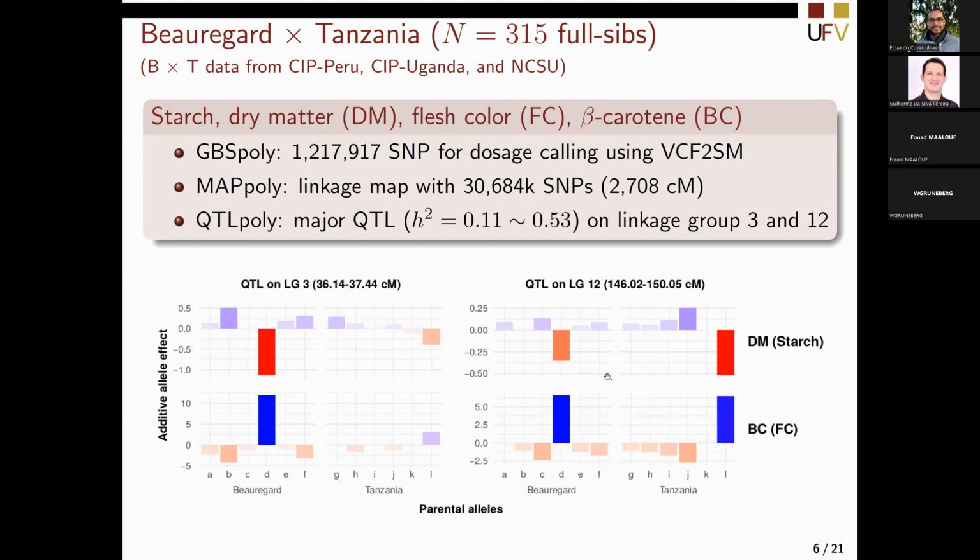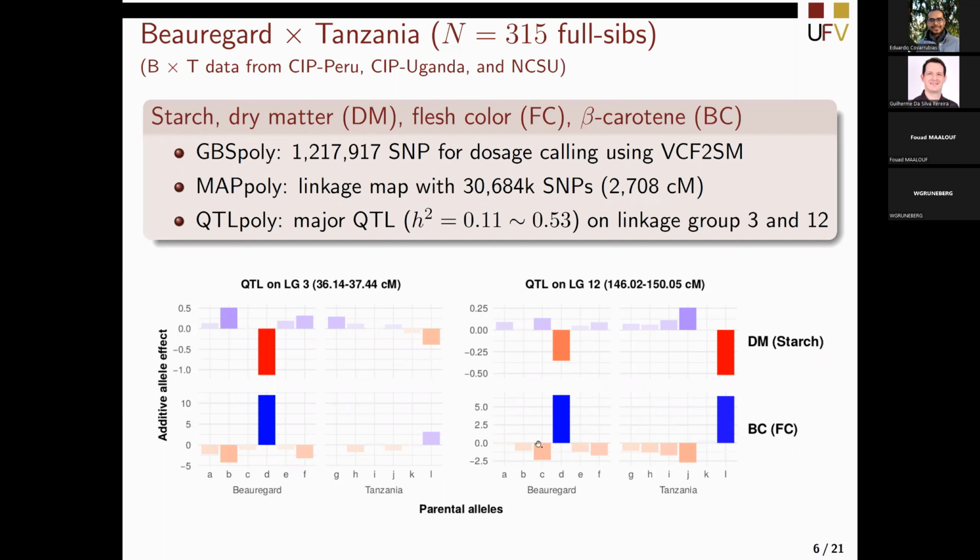What we found was that the same haplotypes that decreased the values of dry matter and starch in sweet potato, or at least in this population, was exactly the same haplotype that made beta carotene and flesh color increase, right? So a combination that it's not desirable for African communities, at least, right? Because they are more used to high dry matter and low beta carotene, but we wanted to increase beta carotene, but the fact is that they're actually